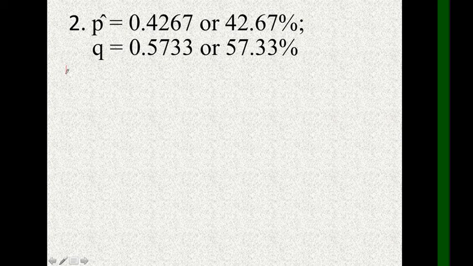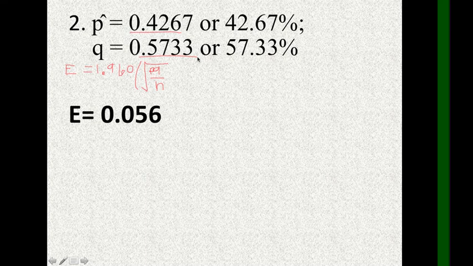If we will put it in our formula, that is the margin of error, that is equal to 1.960, which is our z, multiplied to the square root of PQ over N, which is P 0.4267 and Q is 0.5733. Then divide to 300, then get the square root of your answer, then multiply to 1.960